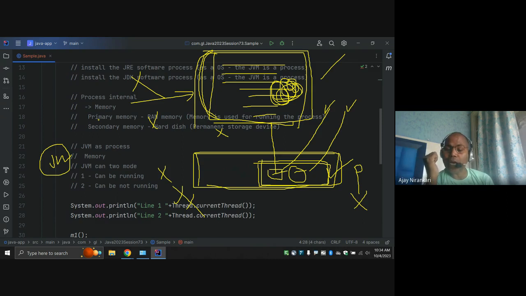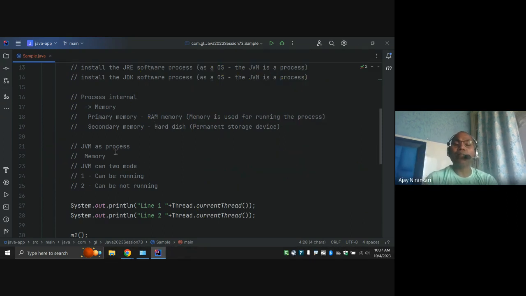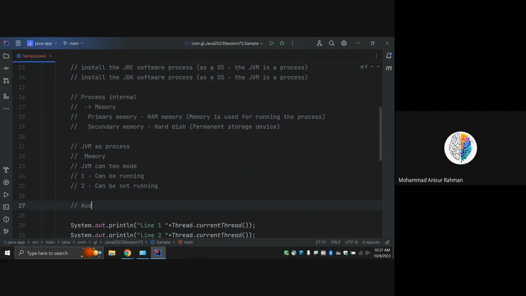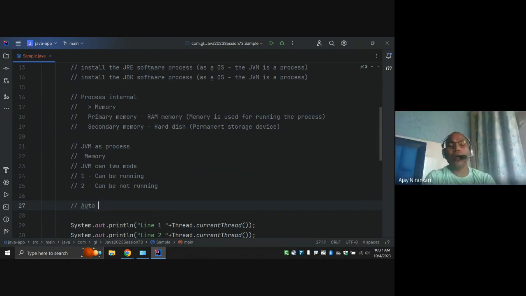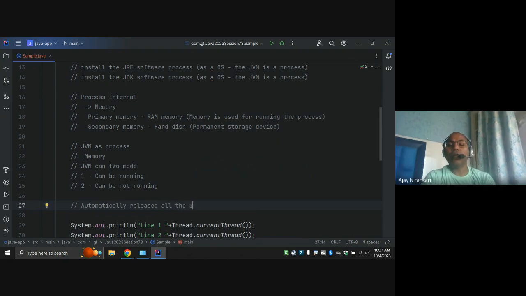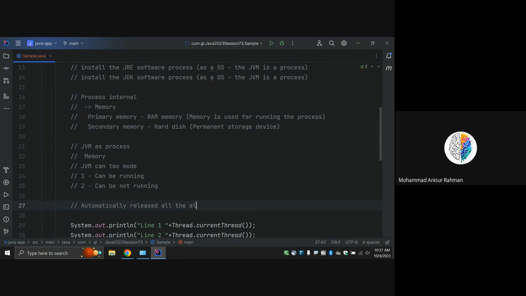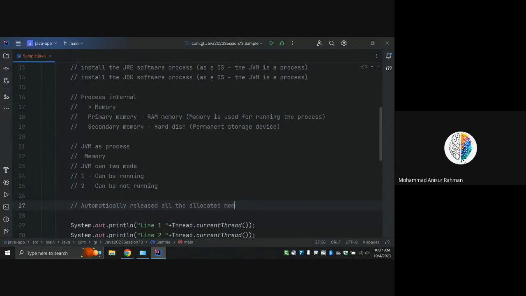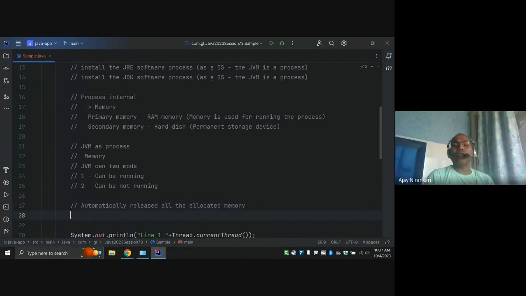But in Java, the designers implemented an automatic memory release option, which automatically releases all the unused memory.